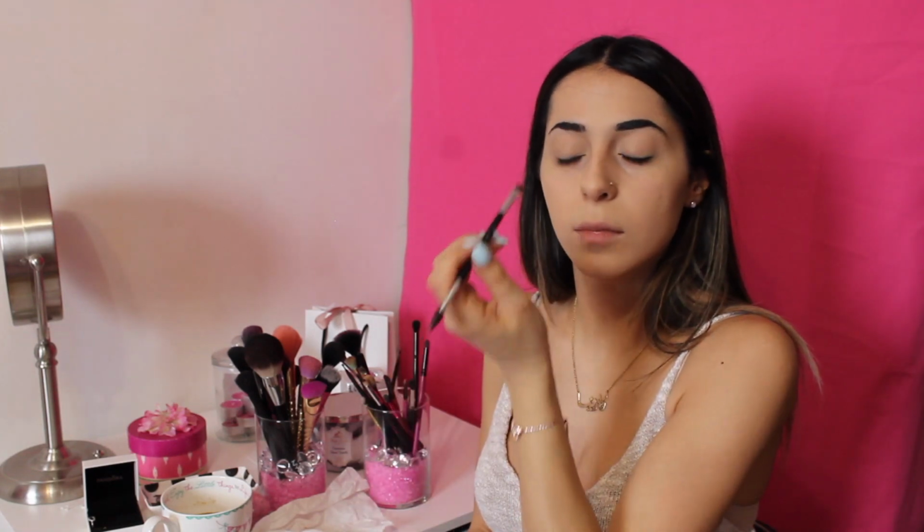Eyebrows. Oh god. I'm using Anastasia pomade in Granite. I hope I don't make myself look like I have Sharpie eyebrows. This is so hard. I've actually never done my eyebrows without a mirror, so this is new. I can't even tell if I need more product or not. These are totally not gonna look the same. I feel like one of them is gonna be a lot thicker. That's the best I can do. I really hope there's no